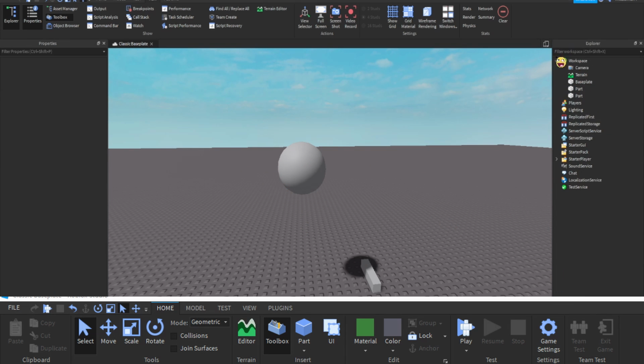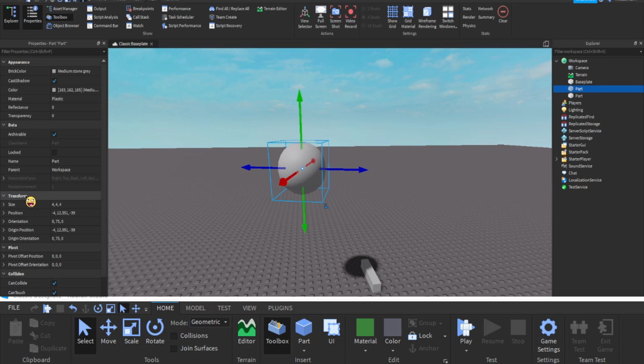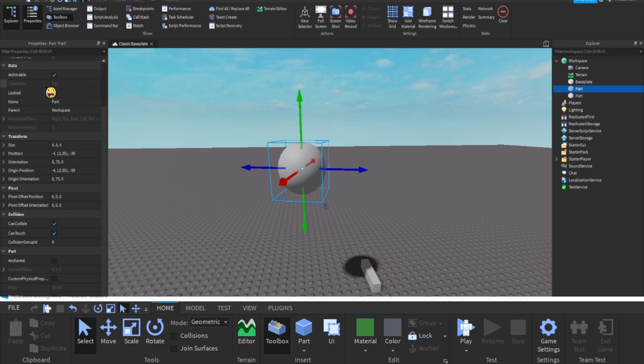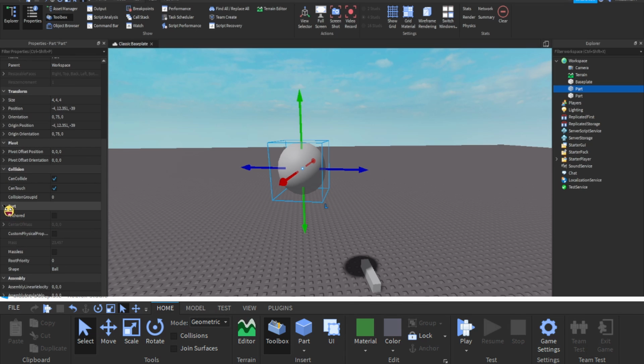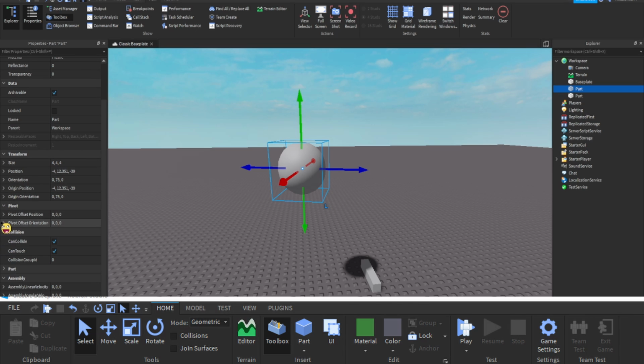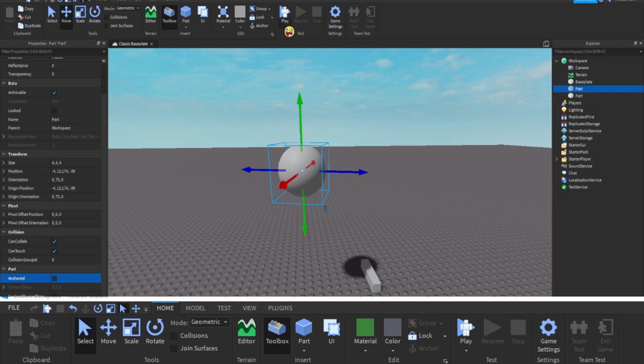So okay, so anchoring. You can also look in here in the properties. You can scroll down and over here in part area, you want to click this arrow if it's not already. And then you'd want to make sure if this is not checked, that means it's not anchored. If it is checked, it is anchored. So now I'm going to show you what anchoring does. So it's not checked. So anchoring is off, and if I play it,